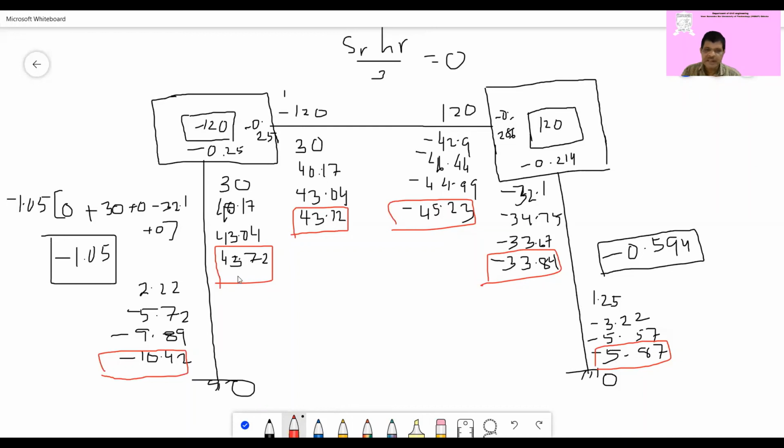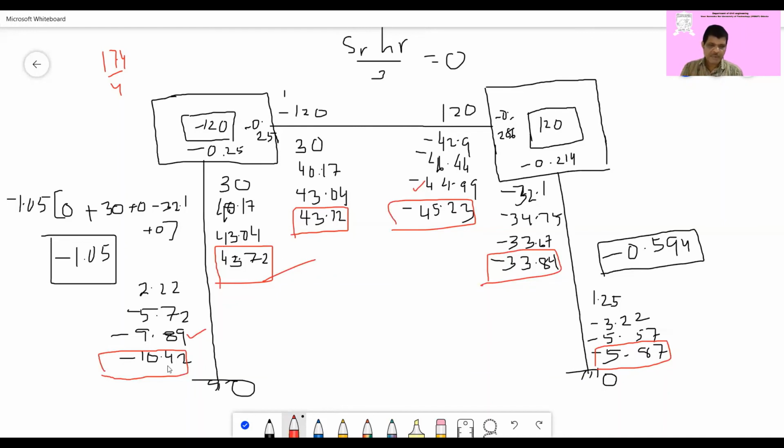So I think you now explain. Can I explain how the 43.72 comes? 43.72 comes from minus 0.25 into minus 120, and from this side will come minus 44.99. This value will come, and from this side will come minus 9.8. So minus 41, 45 and 54. So 54, then 120, 120, 54 becomes 174, 174 by 4. So it will come nearly that. Okay, so you can calculate.